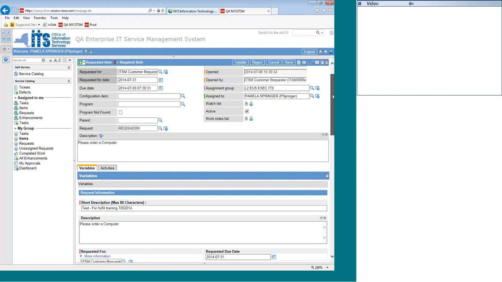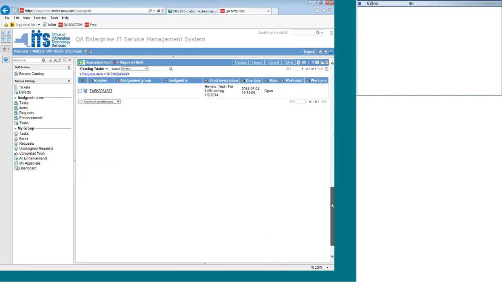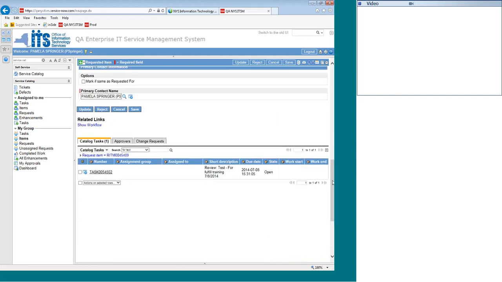So what we're going to do is, like I said, this is a very generic way of fulfilling a ticket. We went through, I showed you a little bit about the home screen, how to navigate through the ITSM system. We have plenty of documents out on the knowledge base. One more thing I want to show you is,